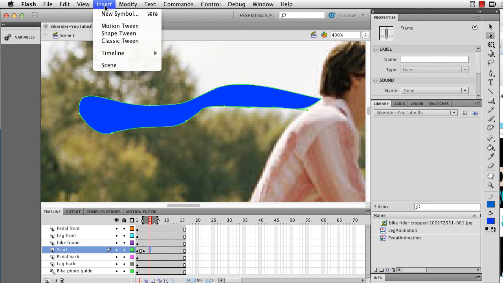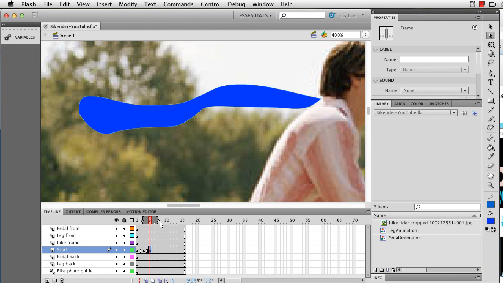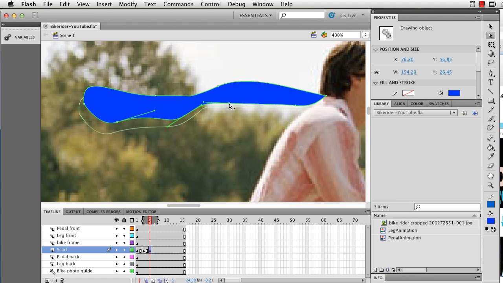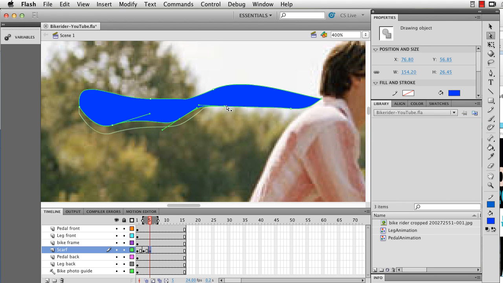and I need to go to insert timeline keyframe, and again I'm selecting with the white arrow tool, click on the edge twice, move it up a little bit more. This is the upward movement of the flap. Oops, I didn't mean to move it entirely, so I'll just select a single point. One point here, this should just be staying attached to the neck, I guess, where you can imagine it being tied around his collar bone here. And so this is my third frame,